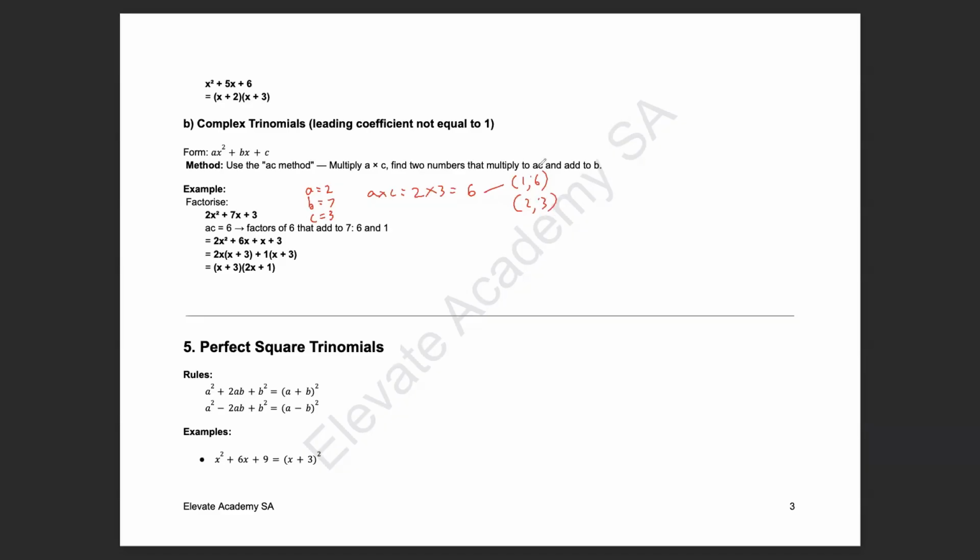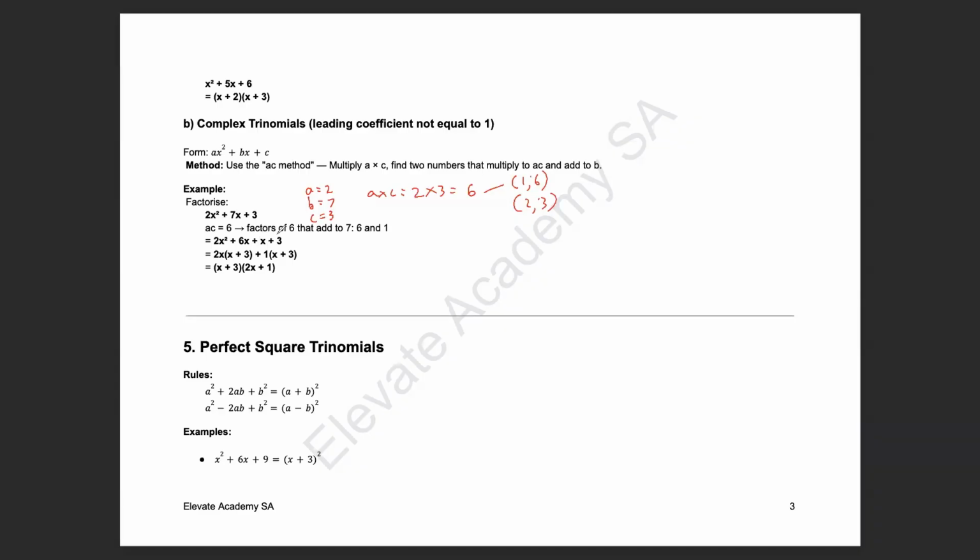2 plus 3 is 5, and 1 plus 6 is 7. So the requirement is that the factors of our product AC must add up to B. So in this example, it's clear that 1 plus 6 adds up to our B, which is 7. And then what we do is we write our first term as is, 2x squared, and we split up our second term into the factors that we have determined that add up to our B value. In this case, we decided it's 6 and 1 or 1 and 6, and we split that up into 6x